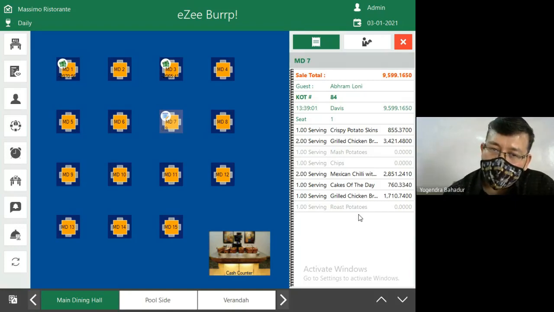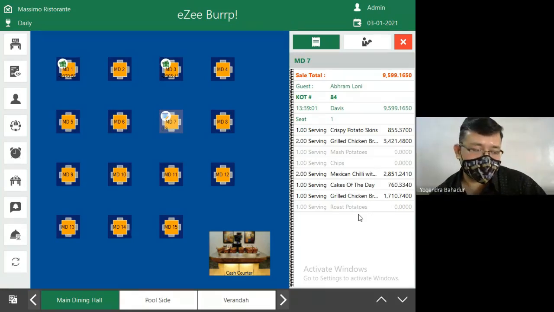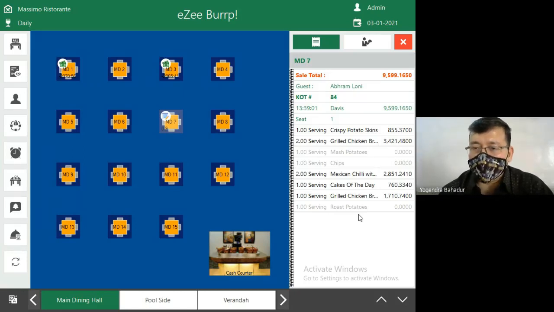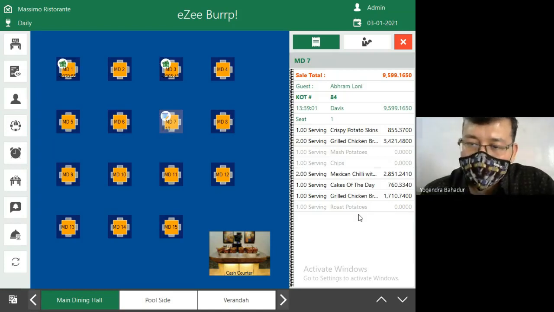In the meantime, I have also shown you how to change the table, how to change the items from one table to another table. Next is how to modify the items. What is the meaning of modification, or how we are going to write down the preparation for one particular order. Along with that, I have also made you learn how you are going to change the quantity, or how you will have to cancel or void the order. That is called voiding the order.